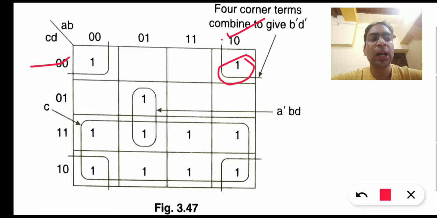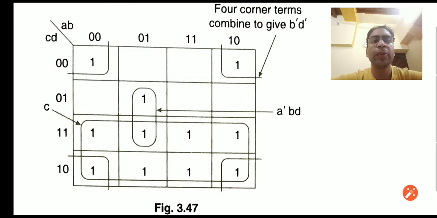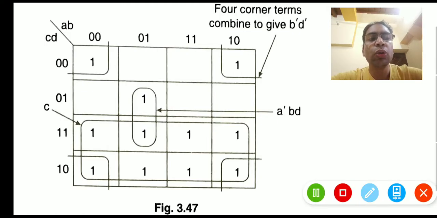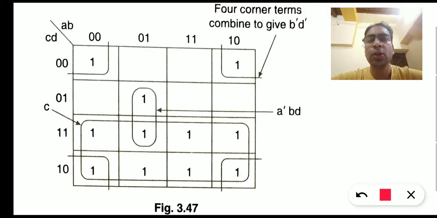This was our next step, and once we are done with all the steps, we'll start forming loops. We'll try to find the singles first. If you can see, none of the ones is a singleton, because every one can be included either in a quad, an octet or a dual. So the singleton is not here. Next we'll find the ones which are involved only in a pair, only in a dual. So we have this as a dual.